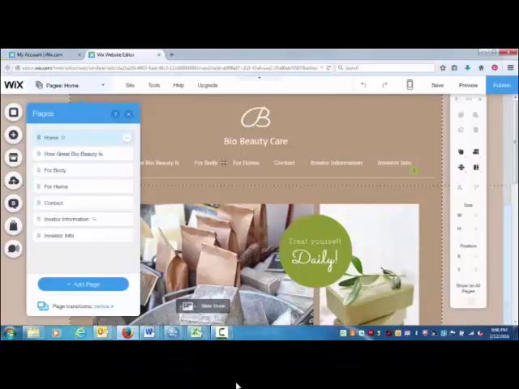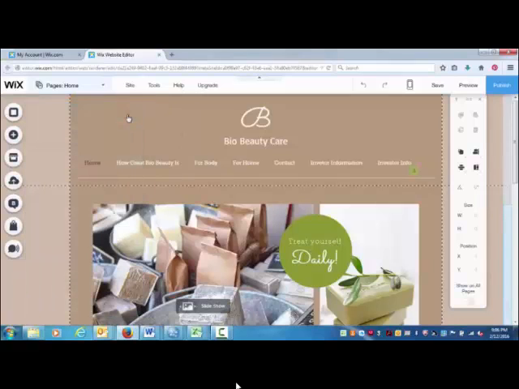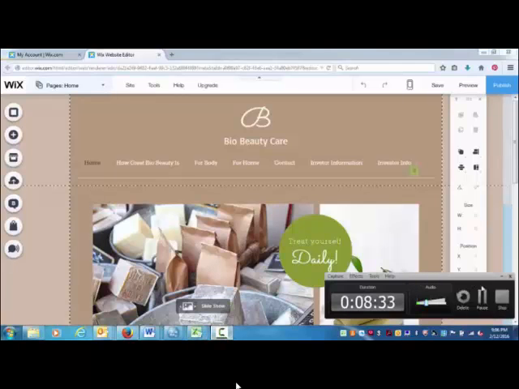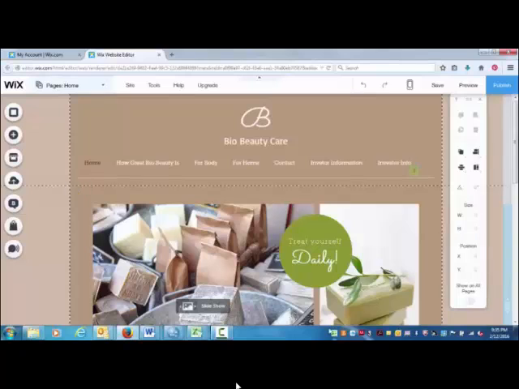Okay, so now that we have gone over editing the menu, I want to go over editing a few other elements of the screen here. The next element of the page here that I'd like to go over editing is the logo up here at the top. If you notice, you can left click on the logo itself, and if you then double click,